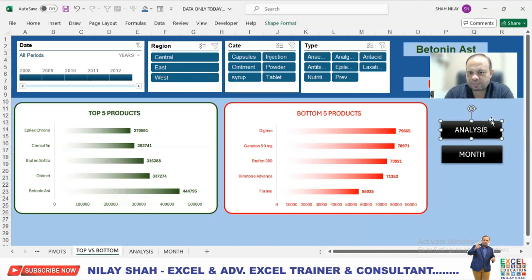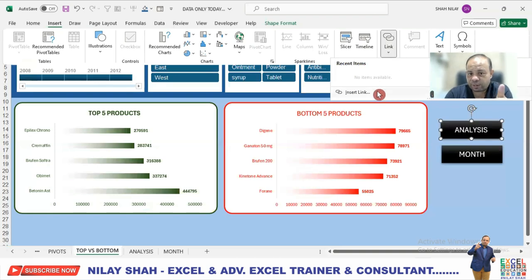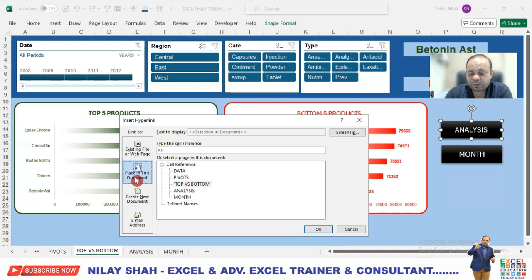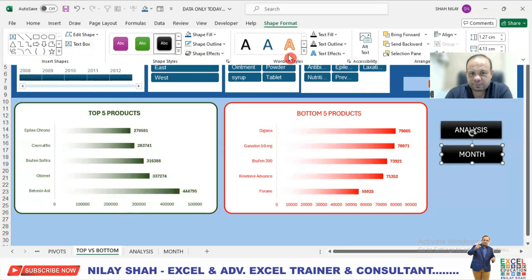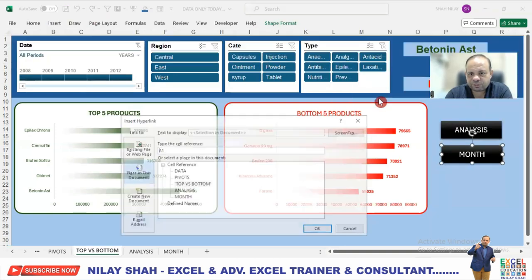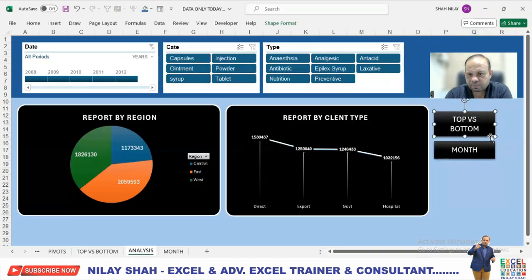Okay, so analysis पे क्लिक करने से मुझे analysis पे जाना चाहिए। So click on insert, click on links, click on insert link, internal hyperlink, click here, that is place in this document, यानी इस document के लिए hyperlink देना है। तो click here, यहाँ पे क्लिक करने से analysis पे जाना चाहिए। Okay, once again click on month, यहाँ पे क्लिक करने से इंसर्ट लिंक, मंथ पे जाना चाहिए। मंथ क्यों, बिकॉज ये उसका शीट का नाम है, मैंने शीट के नाम को फोकस किया है।